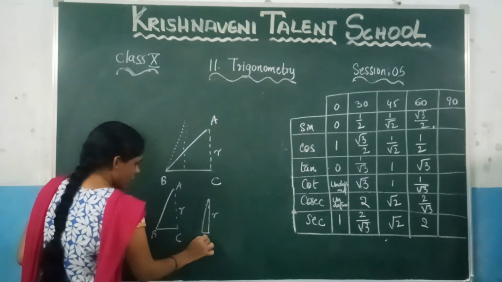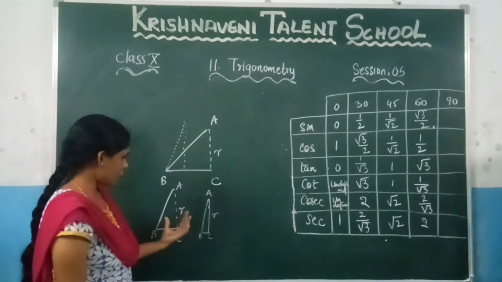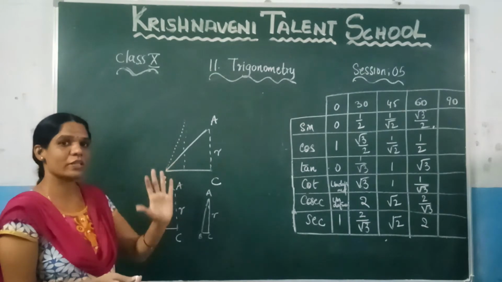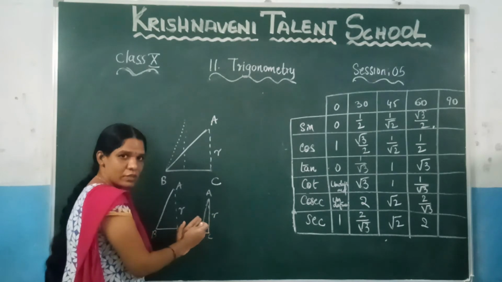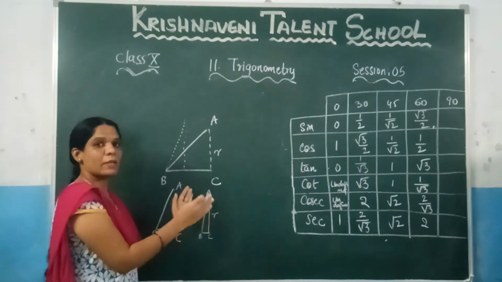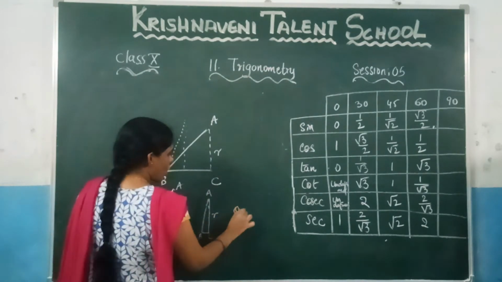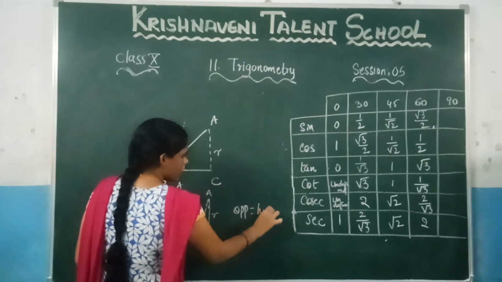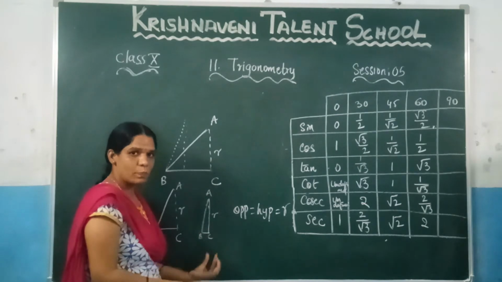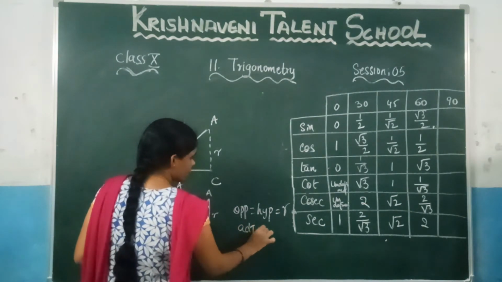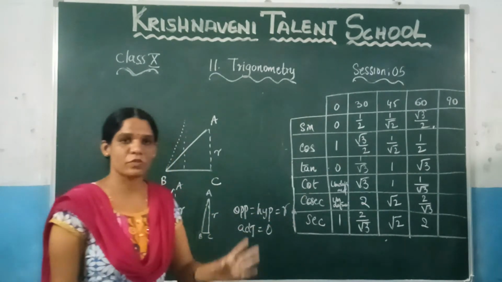Right? This one is R, this one is the base, and this is the hypotenuse. Here, as the angle increases, we want to reach an angle of 90 degrees. When these two lines coincide with each other, the angle becomes equal to 90 degrees. In this case, the opposite side and the hypotenuse remain equal to R, and the adjacent side or the base becomes 0, right? Now based on this you can find the values of the remaining ratios.